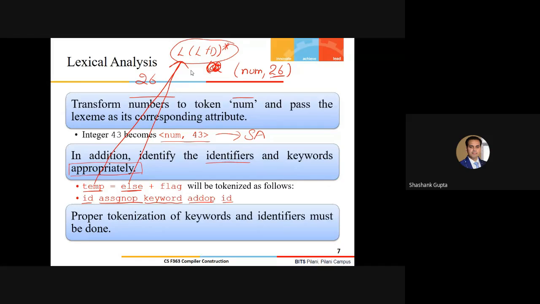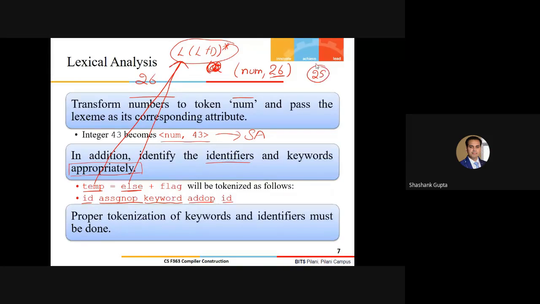So since keywords are nothing but the reserved words in my language specification, I'll maintain a repository of the keywords in some data structure, in some buffer. I don't know exactly what the data structure is right now, but let's suppose my C language includes a list of 25 keywords by default.